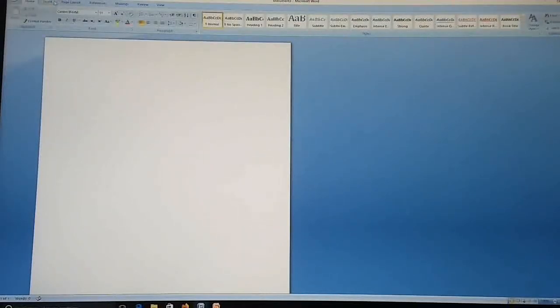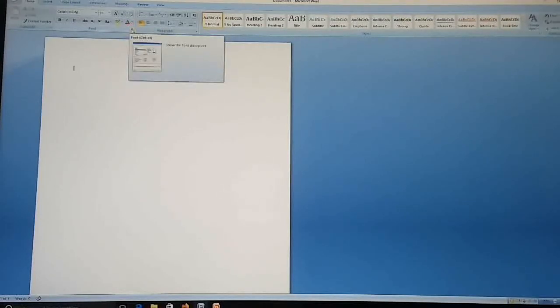Like this, there is the Home menu, where the clipboard group is there, you can see the arrow mark. Here format painter, cut, copy, paste options are there, we can use. Then the font group is there.